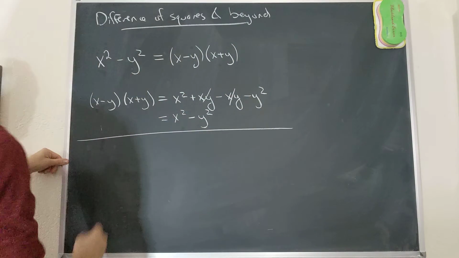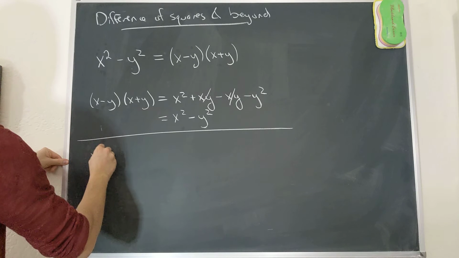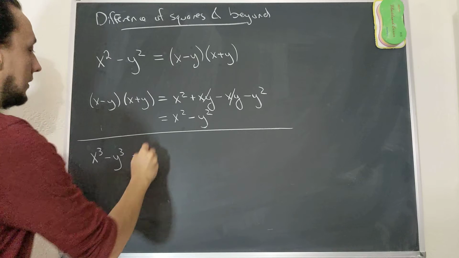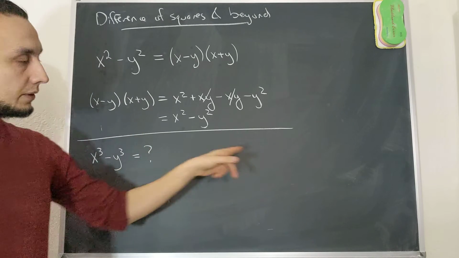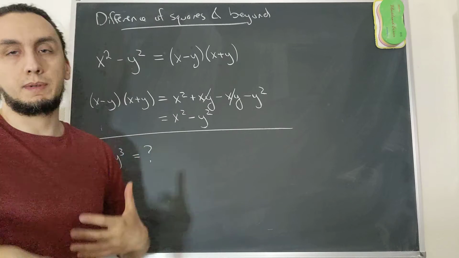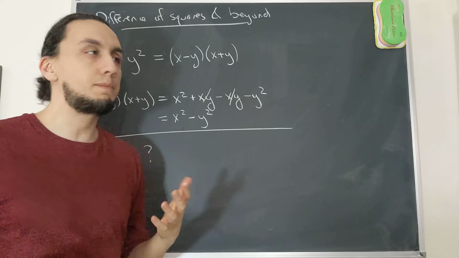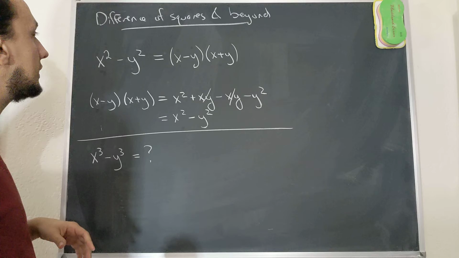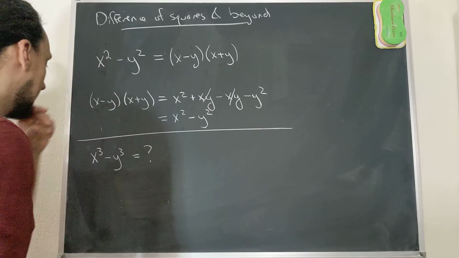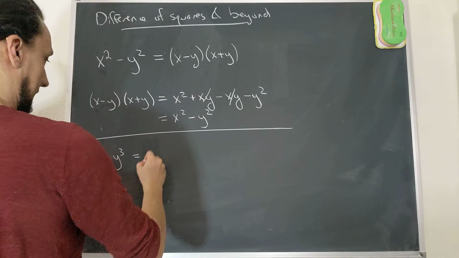What happens if instead I want to look at a difference of cubes? Is there a nice formula for this? You might imagine that there might be lots of different formulas, but I want to focus on one in particular, which is not going to be quite as nice as this, but we'll see the resemblance. And the formula is